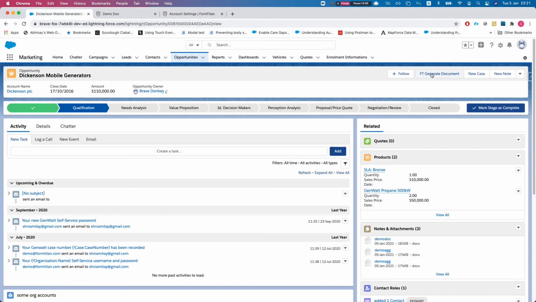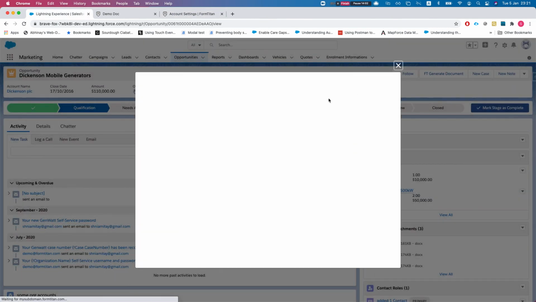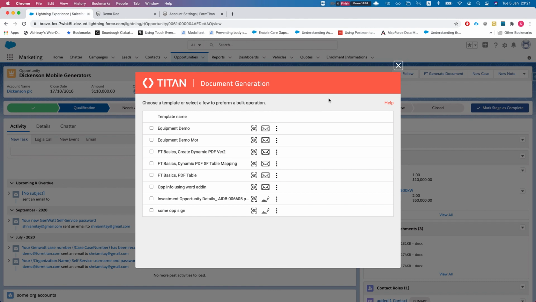I'll head to my opportunity and click the FT generate document button. On the opportunity, this button comes from within the package for all the standard objects like lead, case, contact, account, etc. You can add it also to any custom object. We have detailed videos on how to do that as well. For this one, it was just a matter of putting it on the layout. Okay, and we do not see our